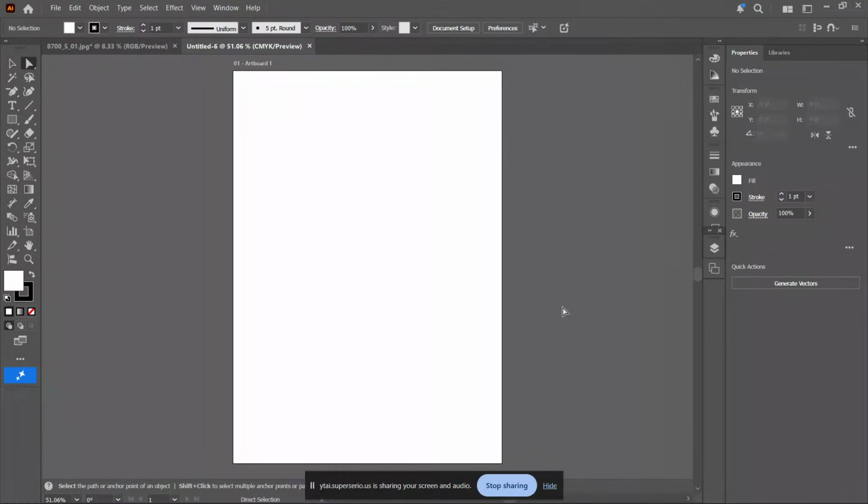In today's video, I'm going to show you exactly how to auto-trace an image in Adobe Illustrator so you can turn any photo, sketch, or graphic into a clean, scalable vector in just a few clicks. This is perfect for logos, illustrations, stickers, screen printing, or any design where you need sharp quality at any size. By the end of this tutorial, you'll know how to trace, adjust colors, remove backgrounds, and fully edit your vector